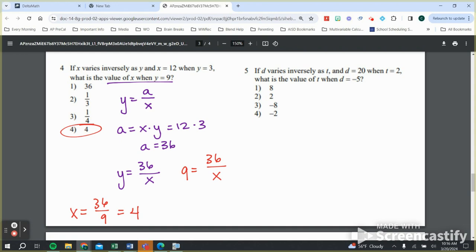What I want you to do is try the rest of these problems on your own, and then we